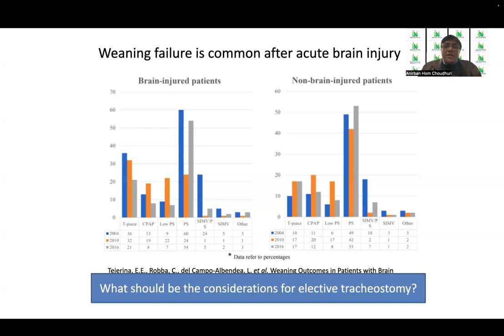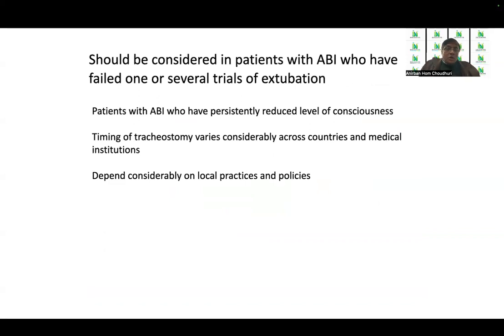Now, if this continues for a long time, then definitely we will have to think about elective tracheostomy. So what should be the considerations for elective tracheostomy in such patients? This elective tracheostomy should be considered in patients with acute brain injury who have failed one or several trials of extubation. And the patients, most importantly, should have a persistently reduced level of consciousness over the entire period of